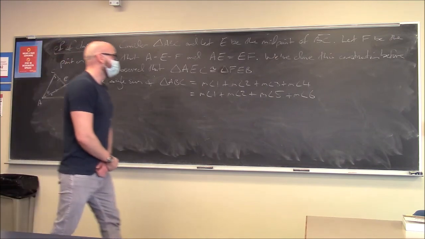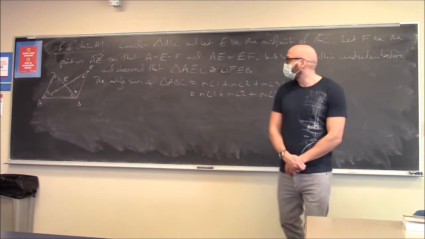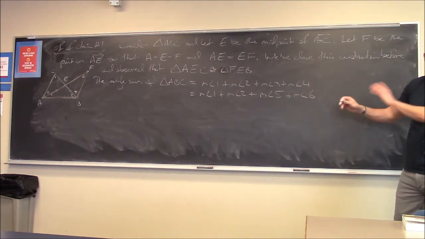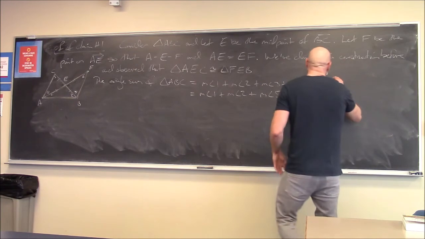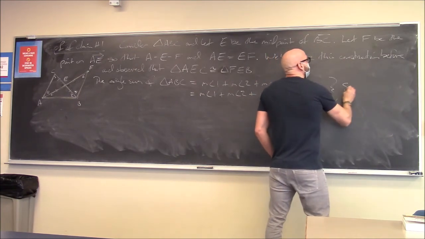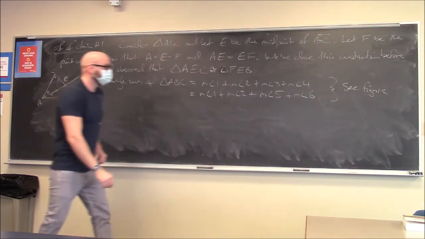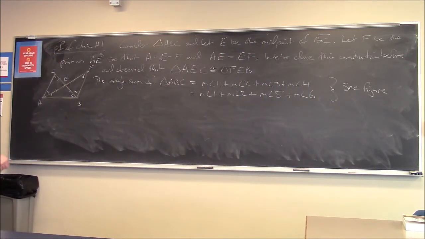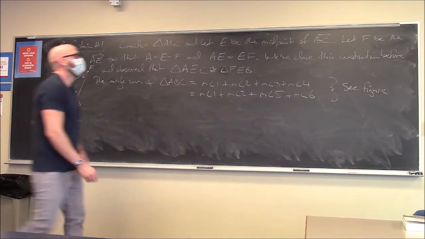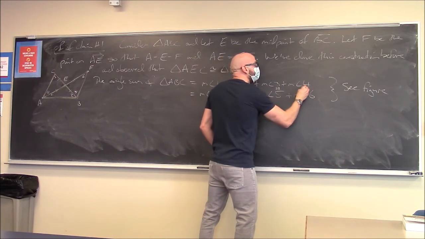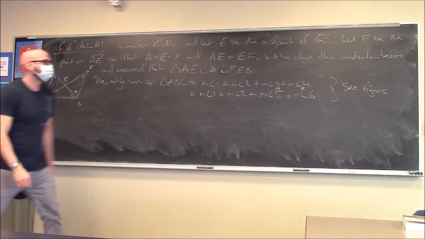And again, notice that without having drawn this picture, you would have no idea what these angles are, right? If I didn't have that picture there, I would have to write down a precise description of what these are. Since I haven't done that, I will note that you need to see the picture for this to make sense. And these follow because these triangles are congruent to each other.